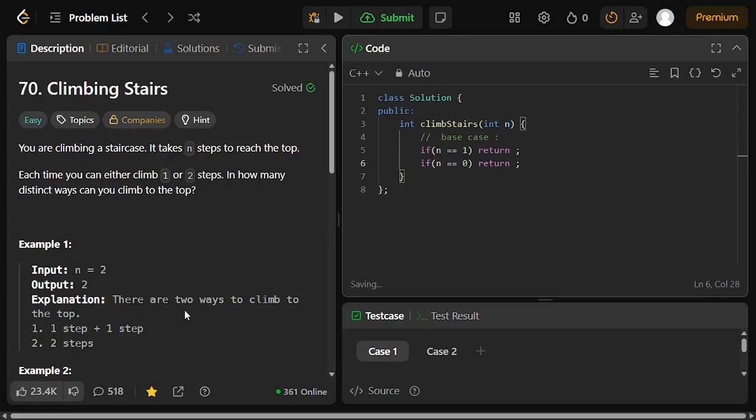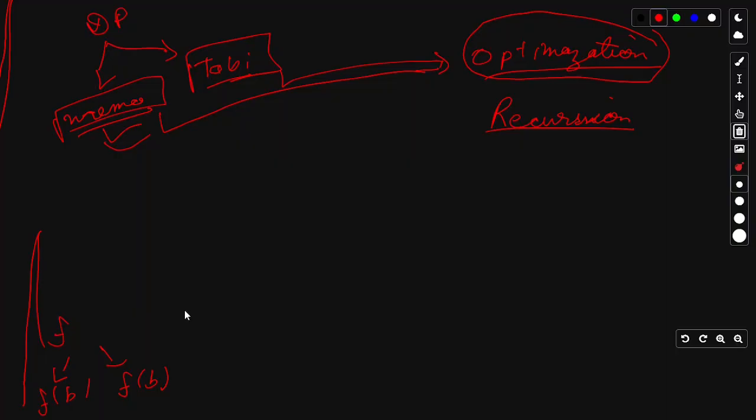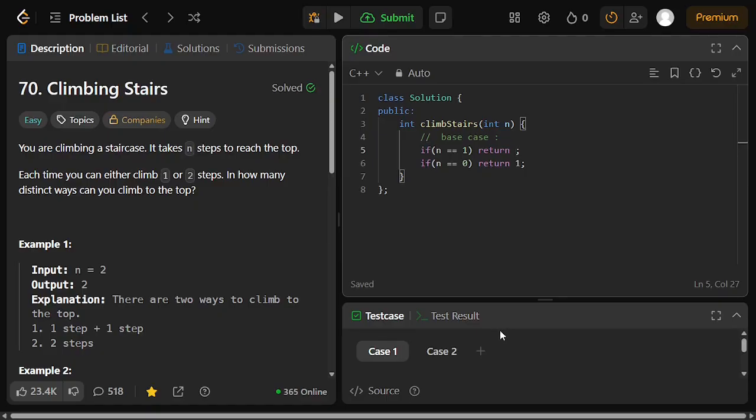So what happens when it starts from 0, it's 0, when it's 1 it's... So how does the sequence start? It's 1, 1, then 2, right? So if it is 0 we will return 1, if it is 1 we will return n,